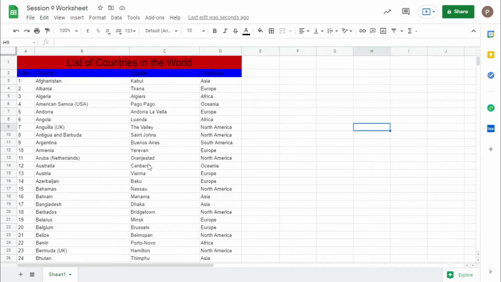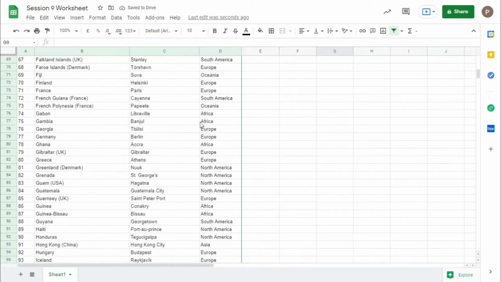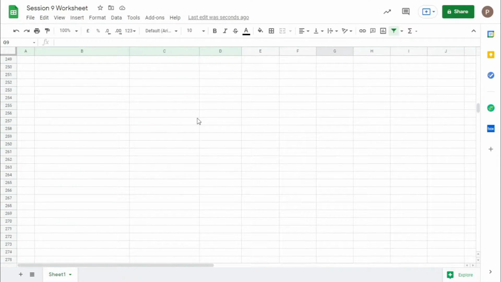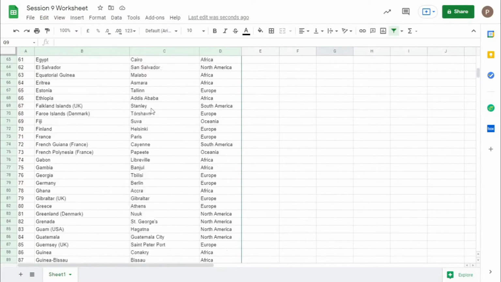Filters are used to filter a large amount of data, like this data sheet, when you want certain data. Using these filters makes your work very easy to find something specific in this Excel. All you have to do is select the top cells, go here and click create a filter. That's it. By clicking this, now you have a filter applied on all the data present in this sheet. To check this, see, since row 238 there is a filter applied.